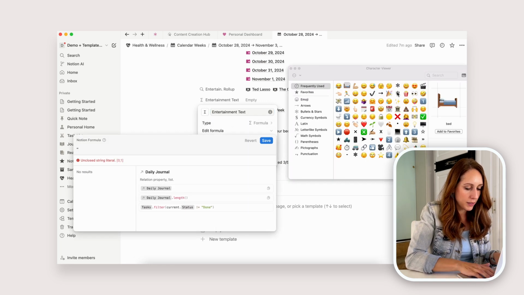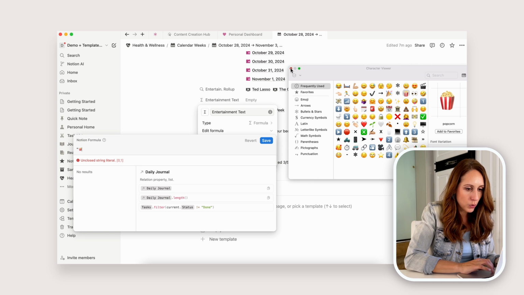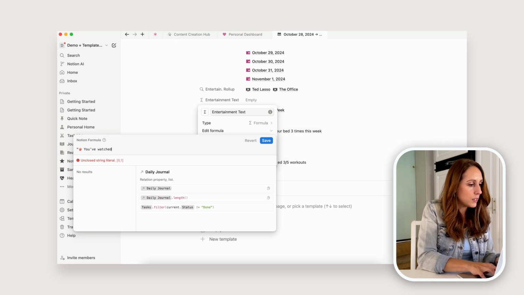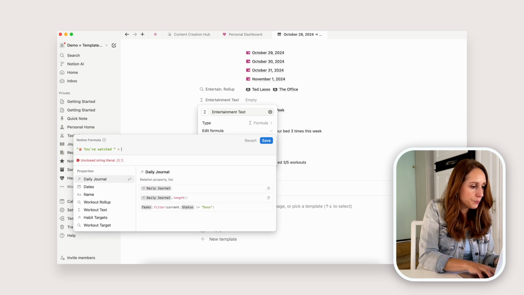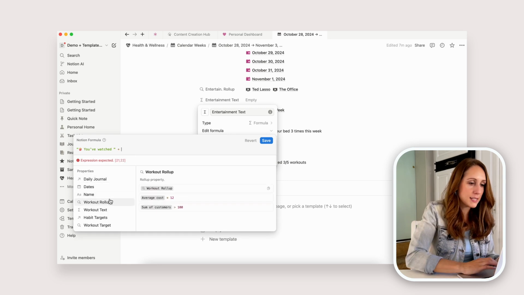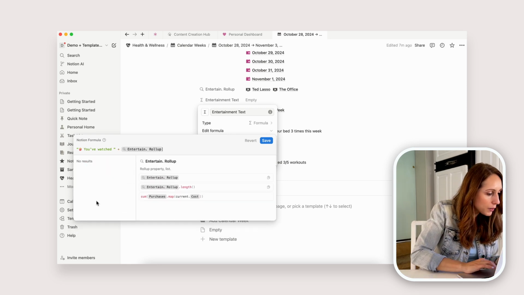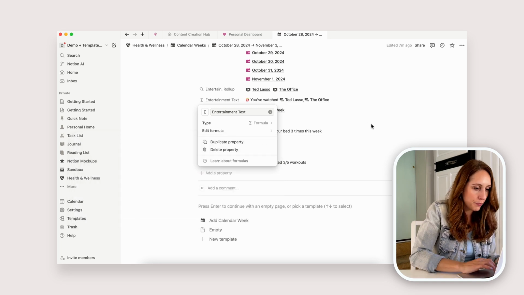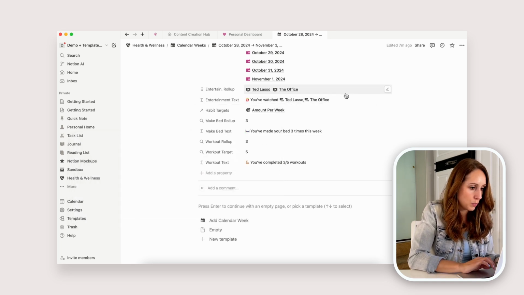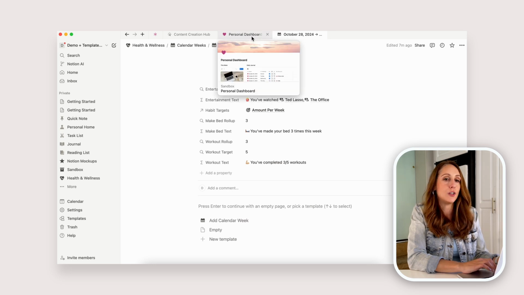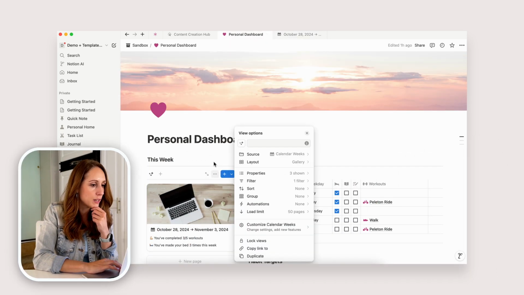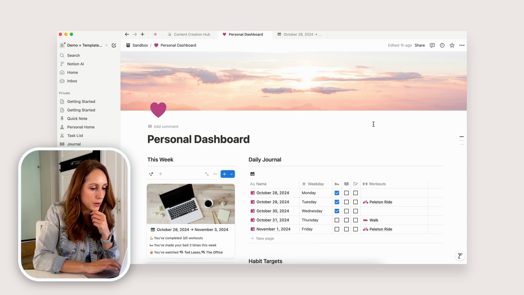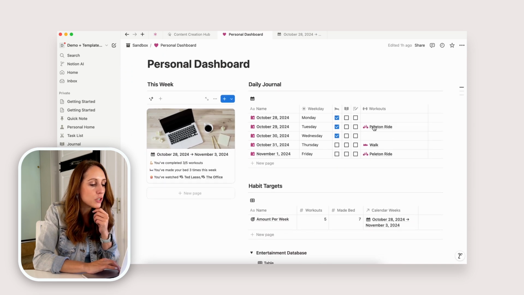And in this formula, we'll do a little popcorn emoji. And "you've watched", then the plus sign to be able to attach that property and grab the entertainment roll-up. And that's really all that we need to have. So you've watched Ted Lasso and The Office. Over here on the personal dashboard, we can show this property, but maybe we want to do something a little